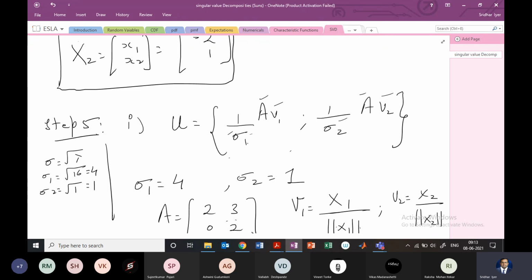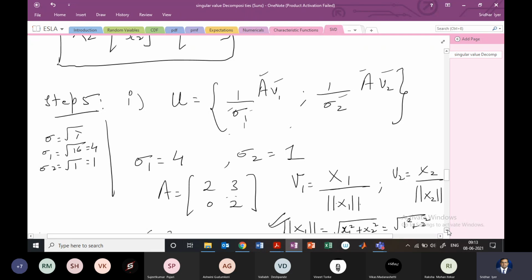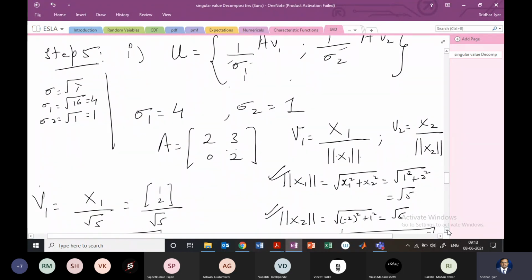And V1 and V2 we can find as x1 by magnitude of x1 and x2 by magnitude of x2, and sigma is nothing but the square root of the eigenvalues. So our eigenvalues are 0 and 10, so there will be root 0 and root 10, right? So that will be sigma 1 and sigma 2, and A is already given, so that's how we can find